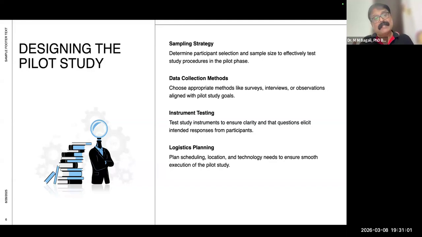So in the pilot study, you'll always have clarity on whether the survey should be used, or focus group discussion, or case study analysis, or one-to-one discussion, or group-to-group discussion, or one-to-group discussion. Your pilot study would also try to address, as far as interviews are concerned, should I really have an interview? Should I really have one-to-one discussion?